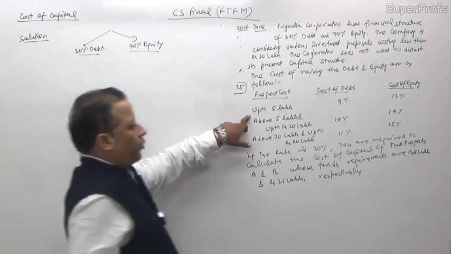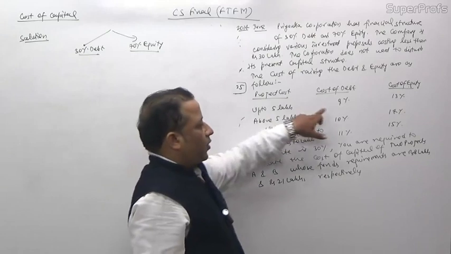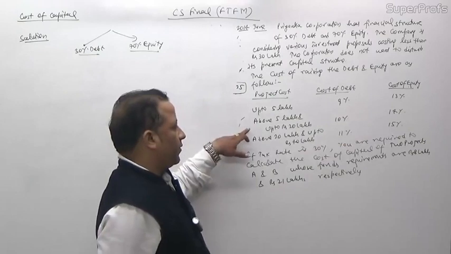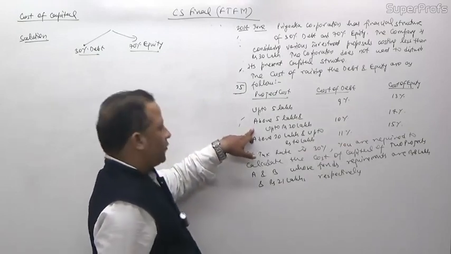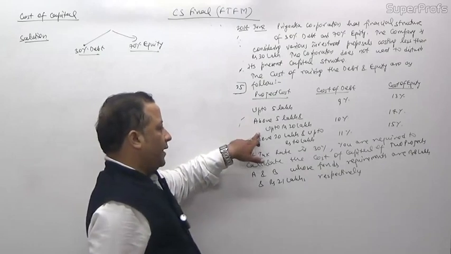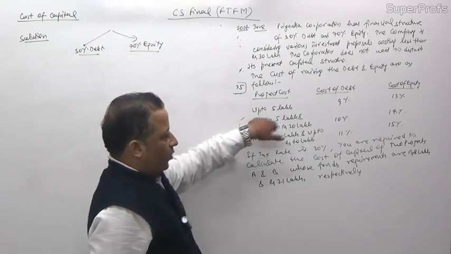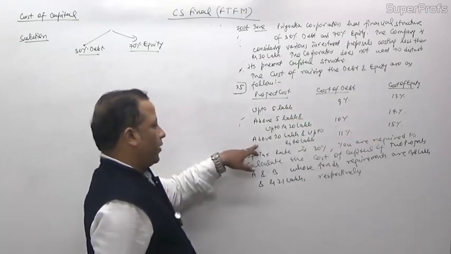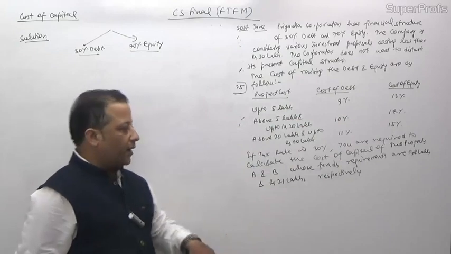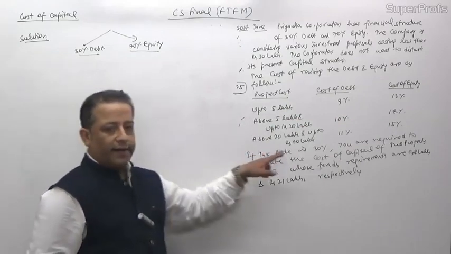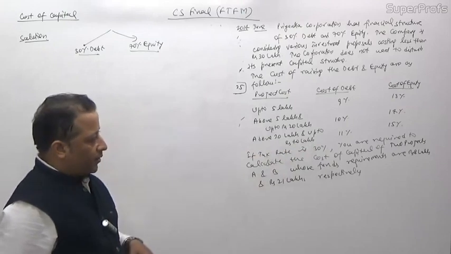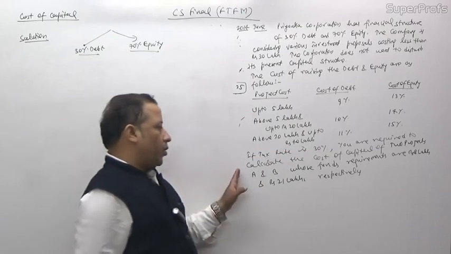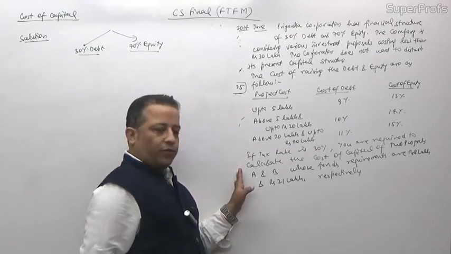If the project cost is up to rupees 5 lakh, then the cost of debt is 9% and the cost of equity is 13%. If the project cost is above 5 lakh but up to 20 lakh, then the cost of debt would be 10% and the cost of equity would be 14%. Above 20 lakh and up to 40 lakh, the cost of debt is 11% and the cost of equity is 15%. The tax rate is 30%. You are required to calculate the cost of capital of two projects,